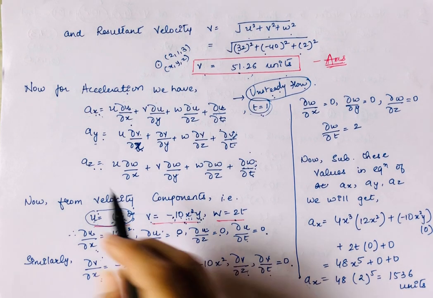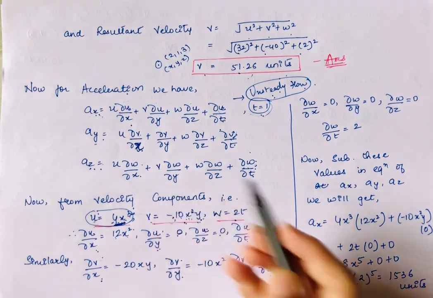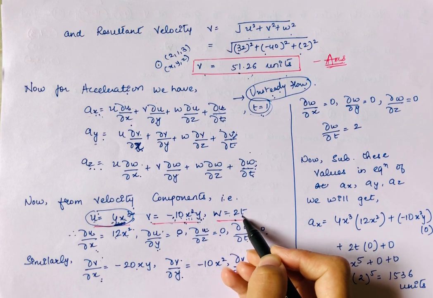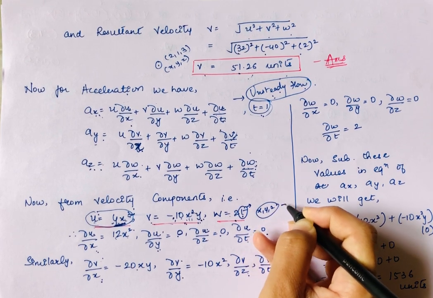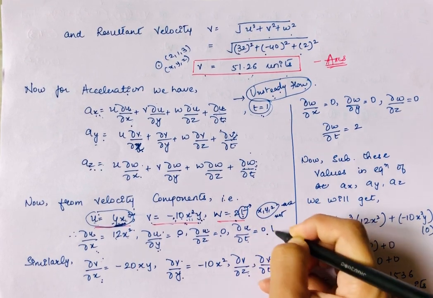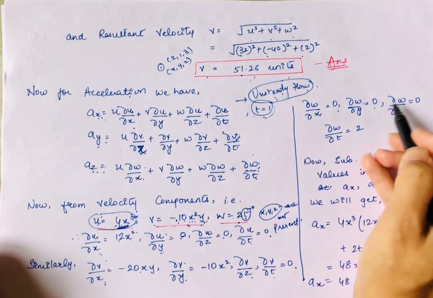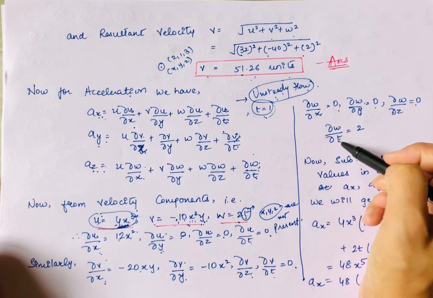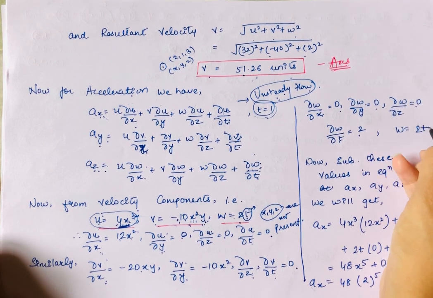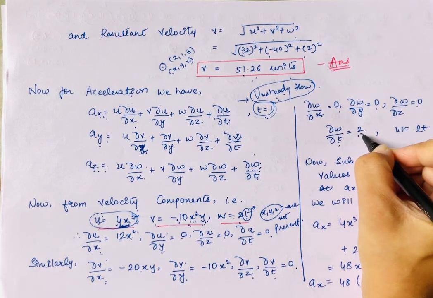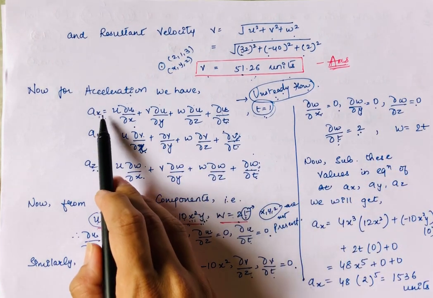Similarly for the acceleration in z direction, we will take del w by del x. So w is equal to 2t. Here only time is present, x, y, z components are not present. So del w by del x will be 0, del w by del y will be 0, del w by del z will be 0, and del w by del t will be equal to 2, as the value of w is equal to 2t. Now what we need to do is substitute all these values in the equations of ax, ay